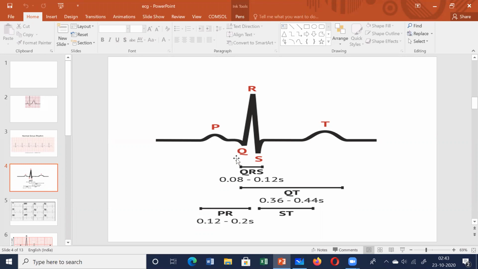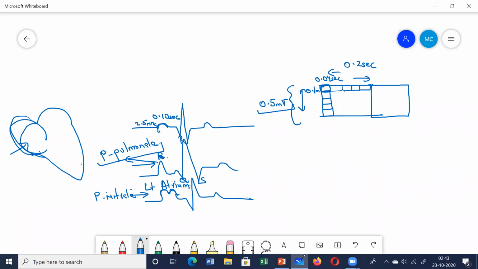So let us see certain anomalies. If you see certain abnormalities in the P wave, what does it denote? Two things I told you about: the right atrial enlargement and the left atrial enlargement. Now there is one more situation where you won't find any P wave. P waves are absent in this particular situation. Where you won't find a P wave, you are mainly going to find fibrillatory waves, like this. So what situation is this, when you find fibrillatory waves and an irregular rhythm?